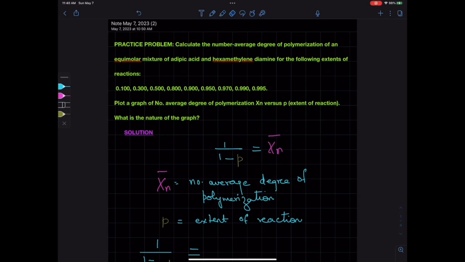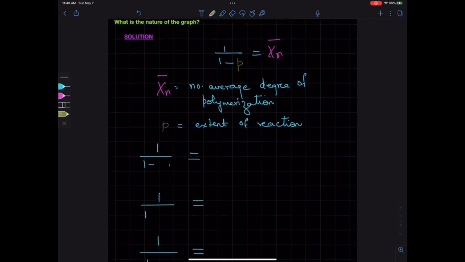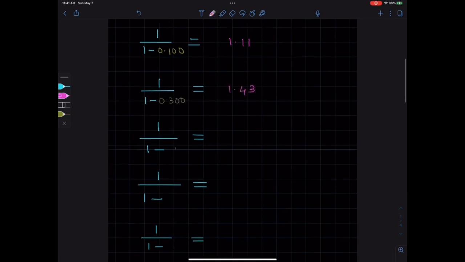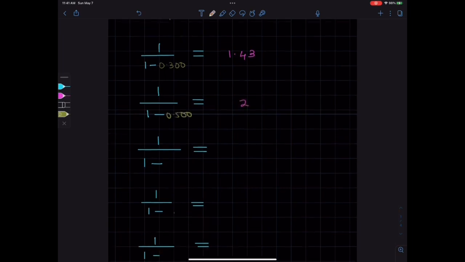We start off by first writing the formula 1 over 1 minus p equals xn, where xn is the number average degree of polymerization and p is the extent of reaction. Plugging in the values, we get 1 over 1 minus 0.1 is 1.11, 1 over 1 minus 0.3 is 1.43, 1 over 1 minus 0.5 is 2, 1 over 1 minus 0.8 is 5,